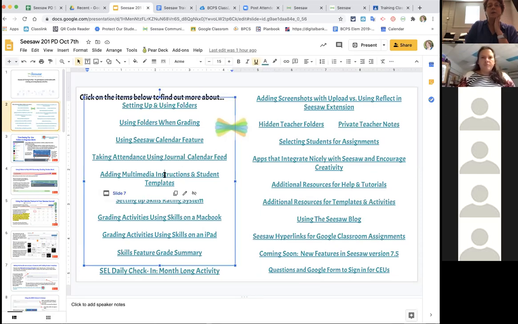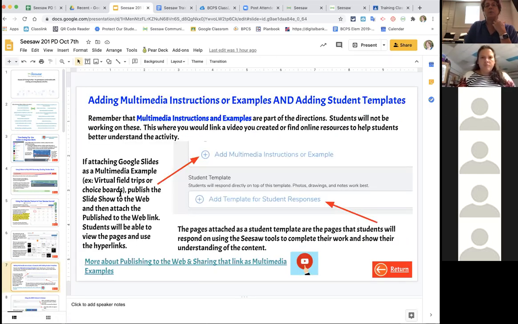There have been some questions, and a few people have had some trouble with the difference between multimedia instructions and adding a student template. So I actually prepared this video to tell the difference between the two. When you're creating an activity